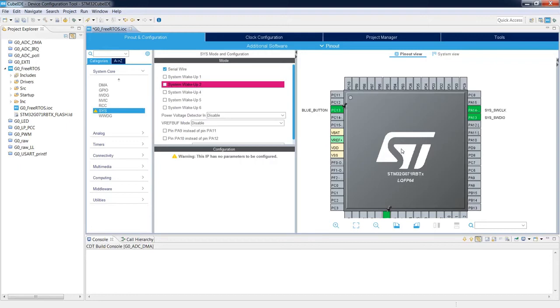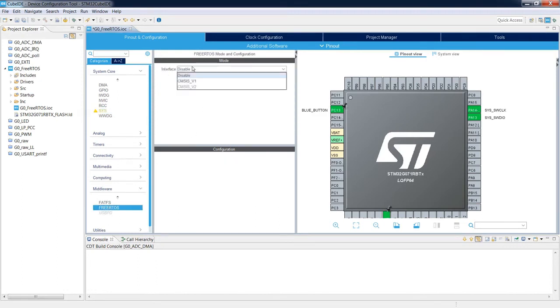So from the hardware point of view, we configured all of the peripherals. So we go to the middleware, FreeRTOS, and we can select the interface. At the moment, for the G0 family, there is only the CMSIS v1 library available. This CMSIS v1 means that over the original FreeRTOS API, we have an additional layer, which is called CMSIS OS.